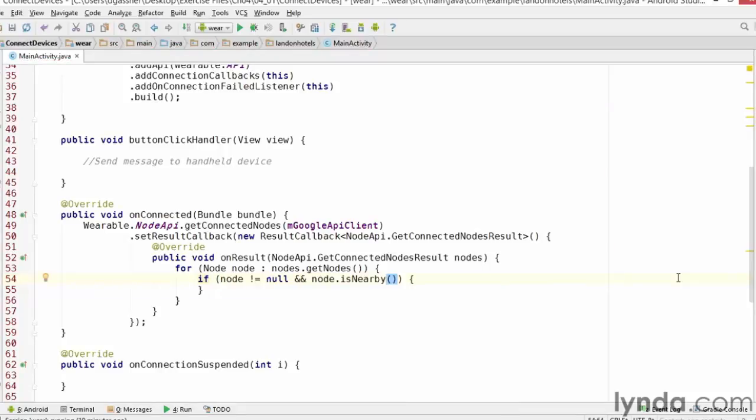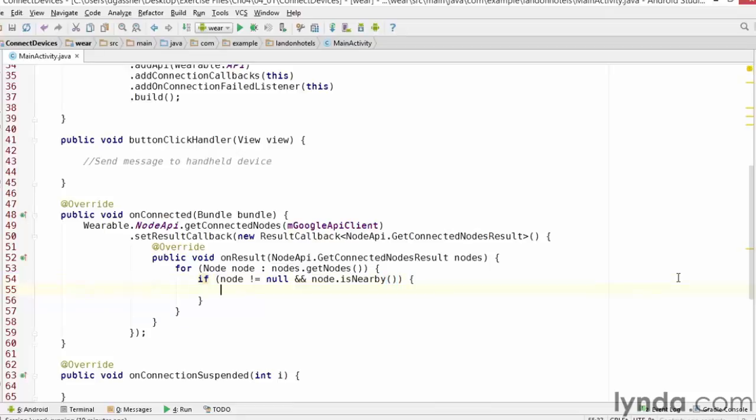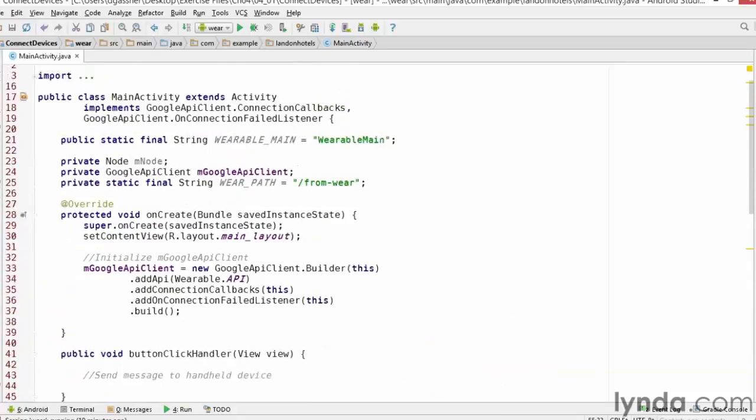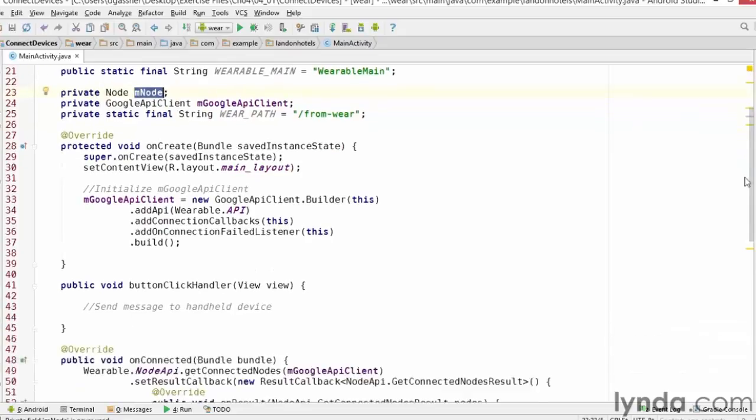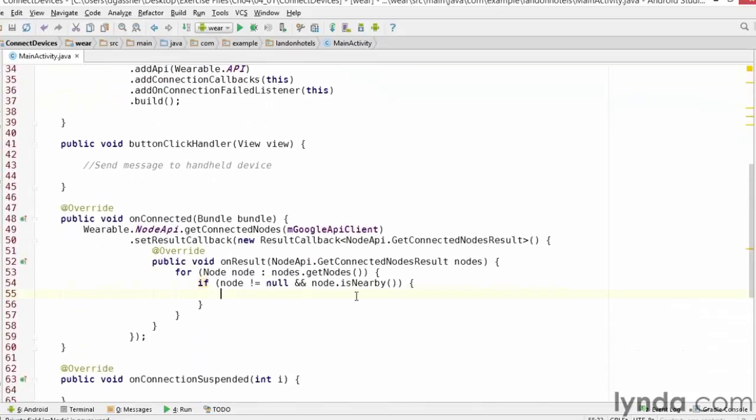Now again, a phone that you're actually connected to through Android Wear will report that it is nearby, and a phone that you're not connected to will report that it's not nearby. So if both those conditions are true, then I can say that's the node I want to use. Up at the top of my code, I declared the mNode object, and I'm going to fill that in now by saying mNode